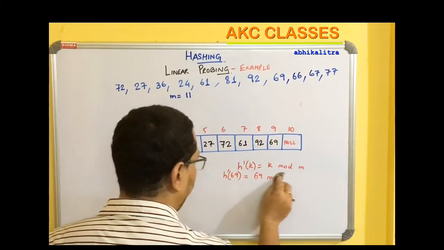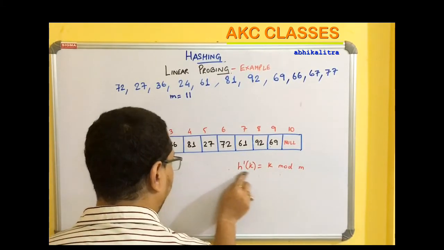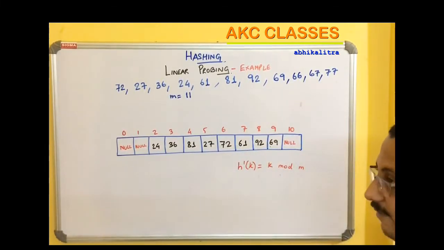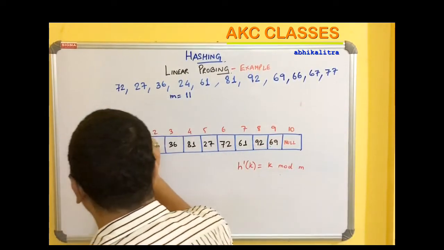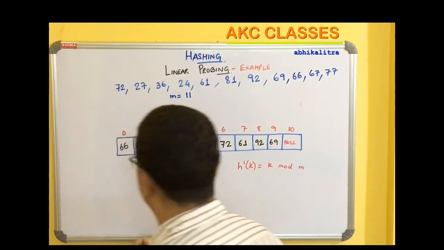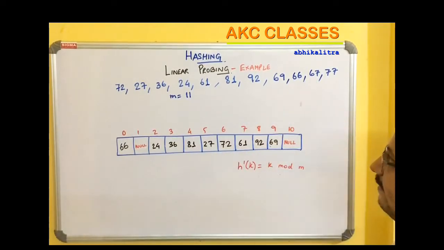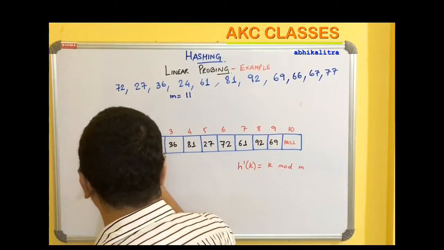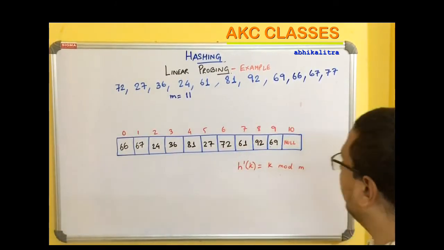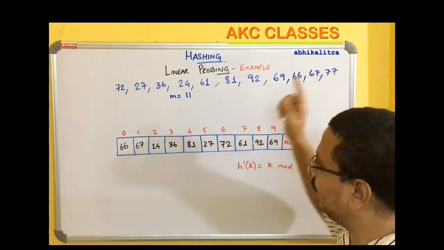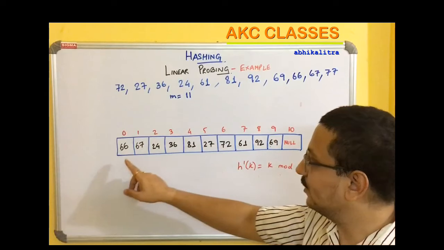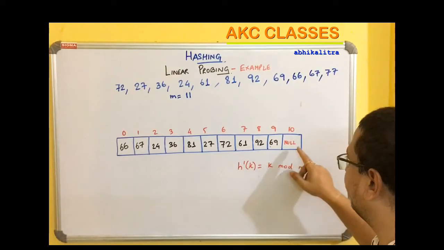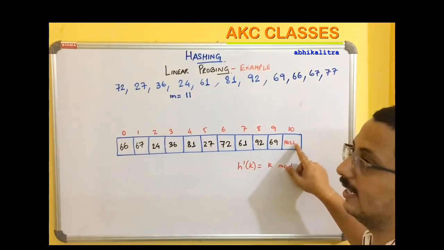Right. So obviously you can understand that if I consider 66, then 66 mod 11 will give you 0. So obviously you're going to put 66 over here, right? It's clear. Now if I take 67, then 67 mod 11 will give you a value of 1. So you're going to put 67 over here. But now when you're going to insert 77, the primary hash function will generate a hash value of 0, which is already occupied. That means you have to go through the entire array and find the free slot available in the last location.